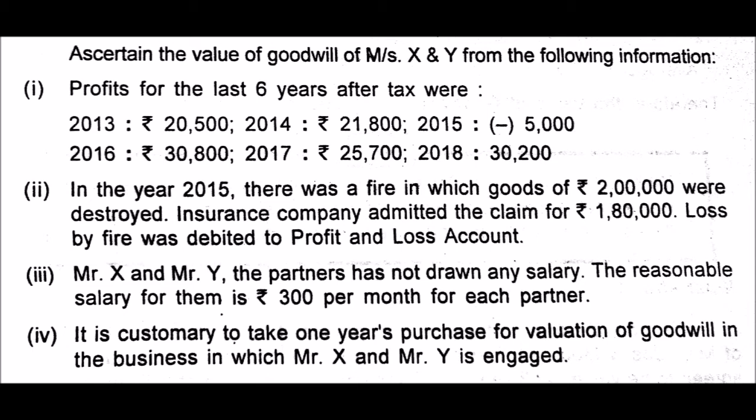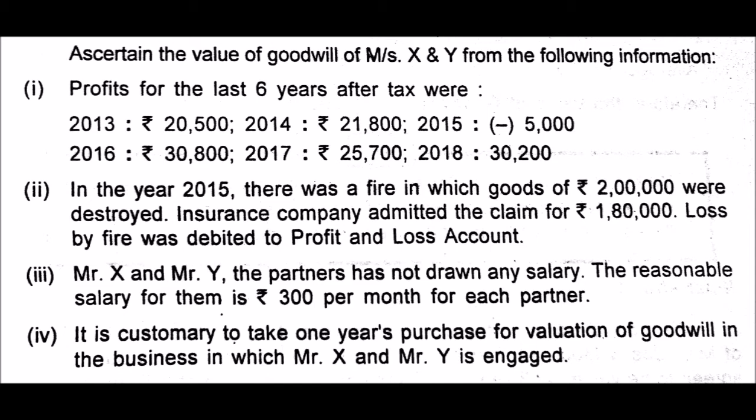Now while calculating goodwill, there is a rule regarding such abnormal losses and some abnormal gains. Sometimes, some exorbitant money comes into the business. So those are abnormal gains. Abnormal gains and abnormal losses are treated differently in case of goodwill. In case of abnormal losses, you add it to the profit of that particular year.